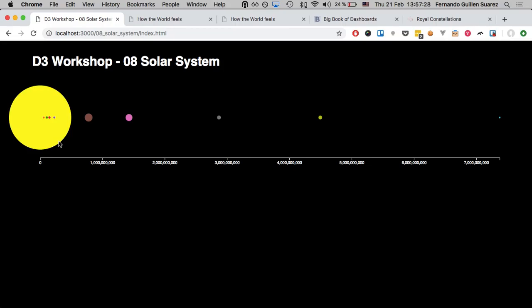Is Pluto on it? Pluto? Who? This one? No, this is the Sun. This is the Sun. Ah, this one. Yes. I cannot tell you because there's no tooltip, so I let you do that. It's only the dimension. It's also the distance from the sun. Yeah, exactly. So this is another way that sometimes you want to put different dimensions in the same chart,